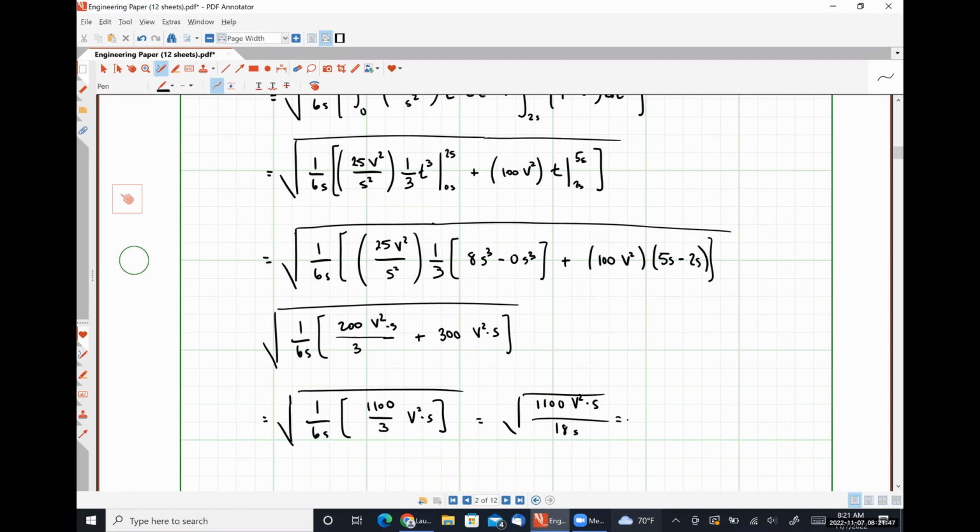Let's see, square root of 1100 over 18. That's about 7.817 and some change. Volts RMS, where we use the units volts RMS to designate that we have the effective